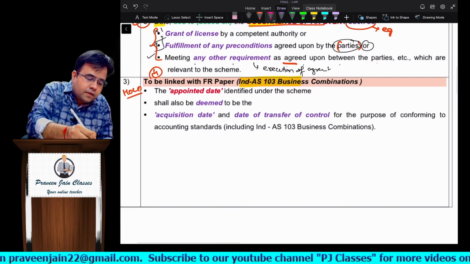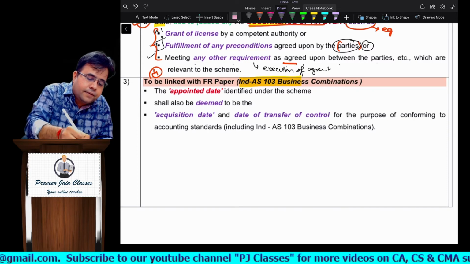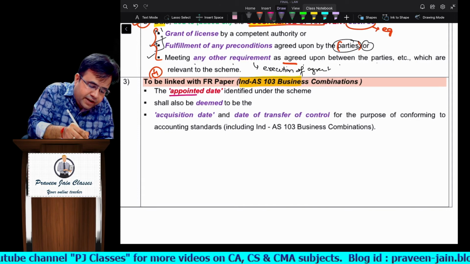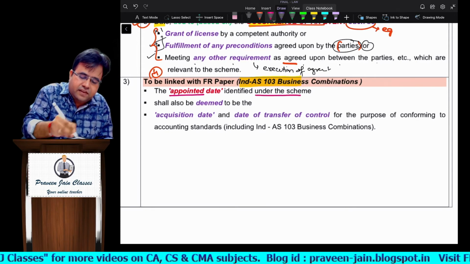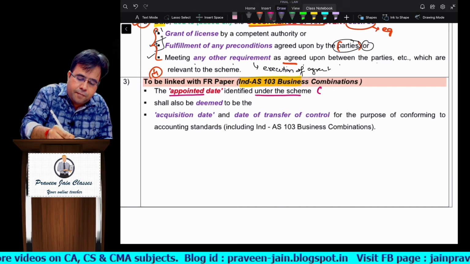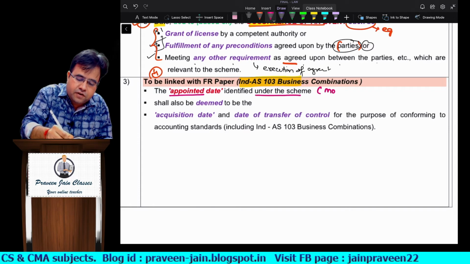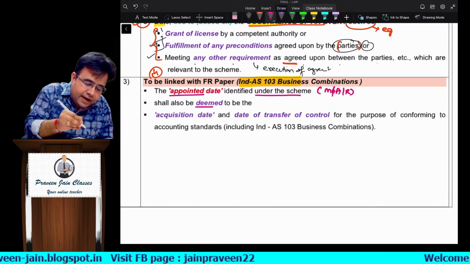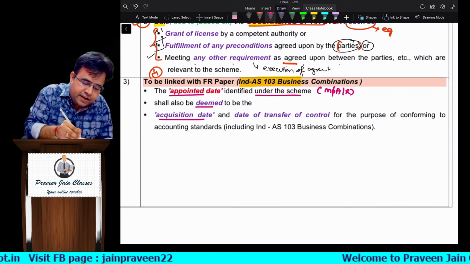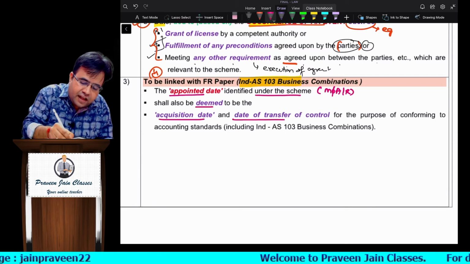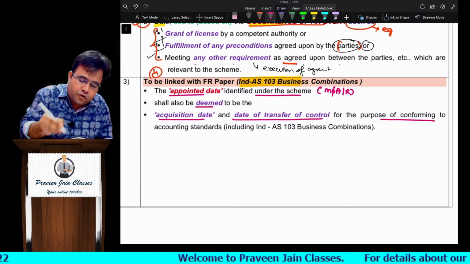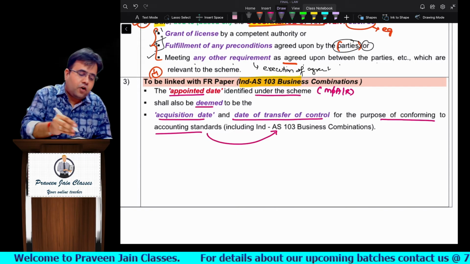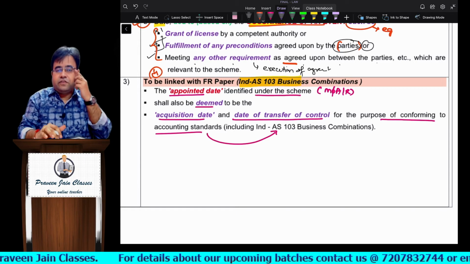Now in the circular what also was mentioned was this point, sir. The appointed date identified under the scheme, matlab scheme of merger, amalgamation and reconstruction, shall also be deemed to be the acquisition date and the date of transfer of control for the purposes of conforming the accounting standard, which is Ind AS 103, sir. What he is trying to say, sir, now dhyan se sunna,